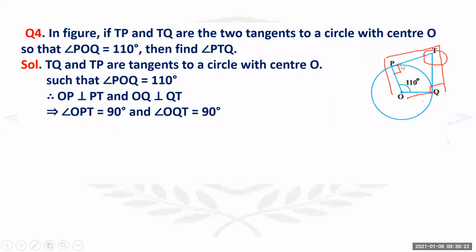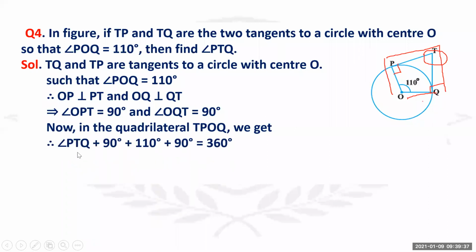So in the quadrilateral, check, you have got 3 angles. So can you find the 4th angle? You can easily find the 4th angle if you know the values of the 3 angles. Now in quadrilateral TPOQ, we get angle PTQ plus 90 degrees plus 110 degrees plus 90 degrees equals 360